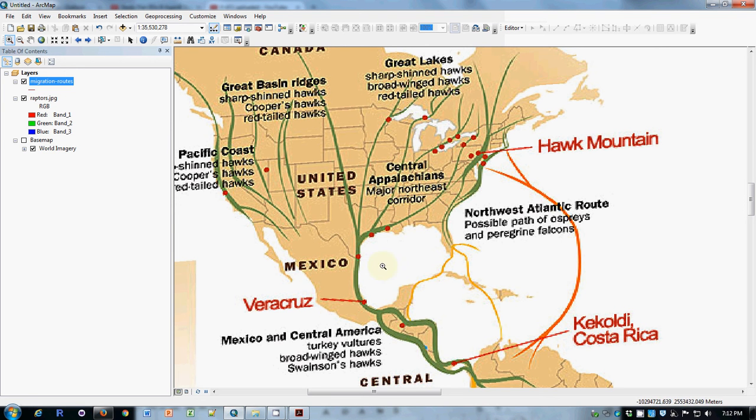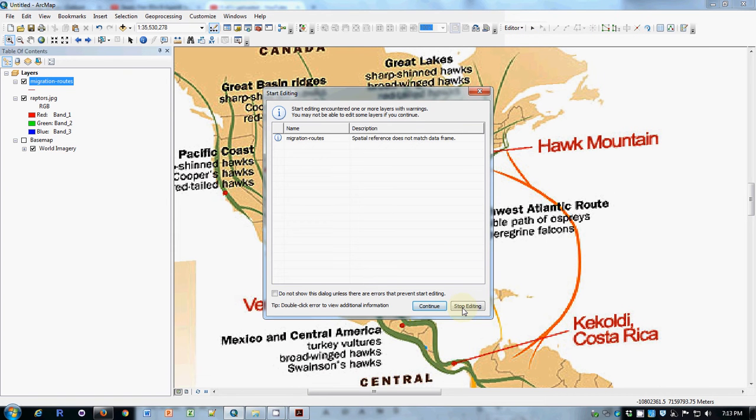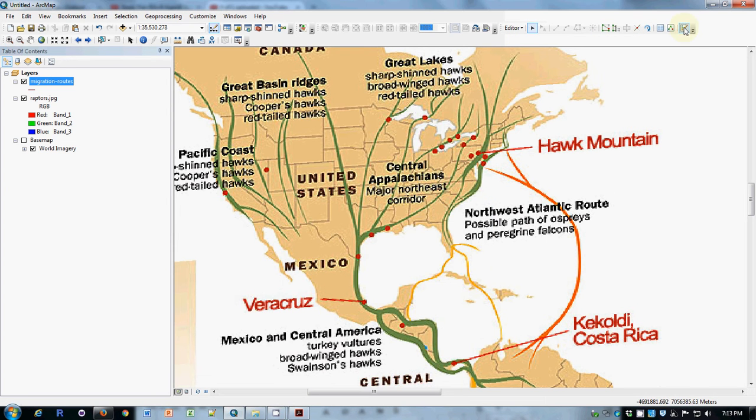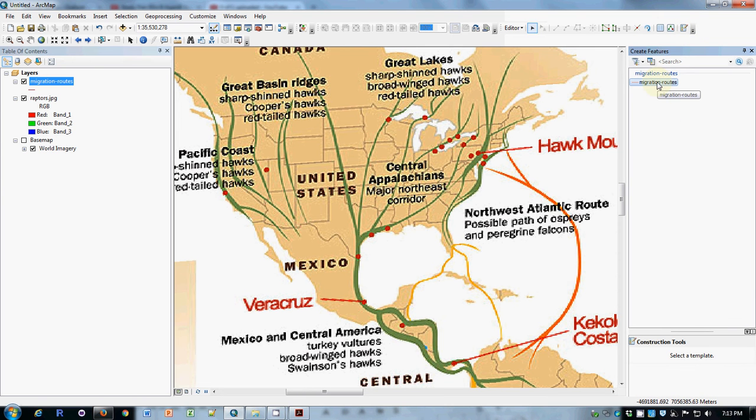What I can do now is turn on my editor and ask for my Create Features menu and ask for lines to be drawn. And now I have a tool right here which allows me to draw lines. And what I'm going to do is draw, and this is not going to be highly precise anyway, but I'm going to draw some